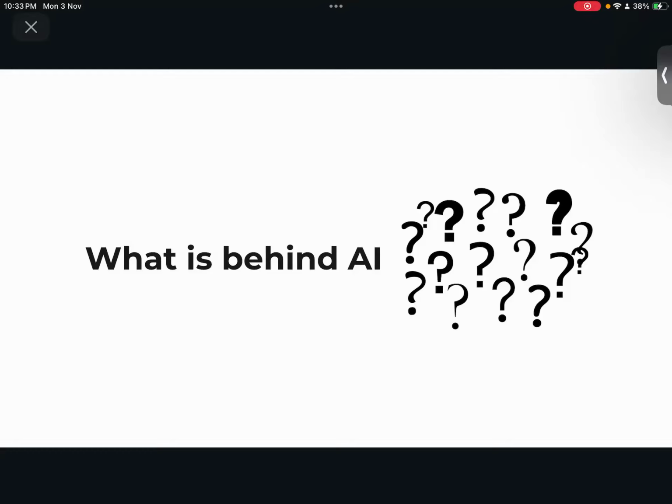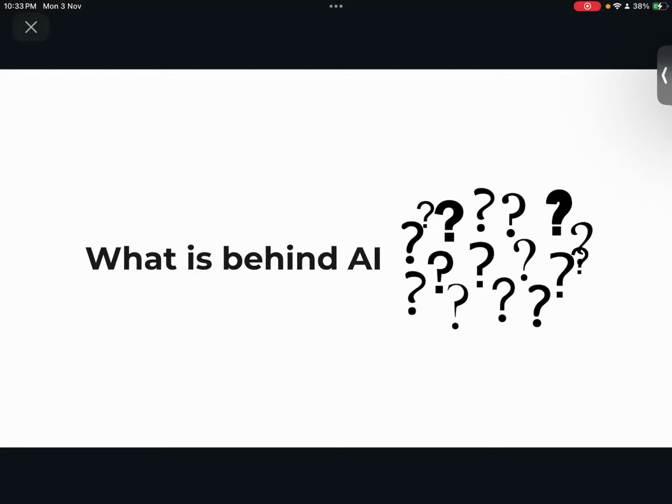What are the main pillars behind artificial intelligence? If I can hear some answers from the audience. What's behind AI? We basically have two main things behind artificial intelligence, and without these two things, we won't have AI: a lot of data, and a lot of compute. Yes, exactly. So the first thing is the data.